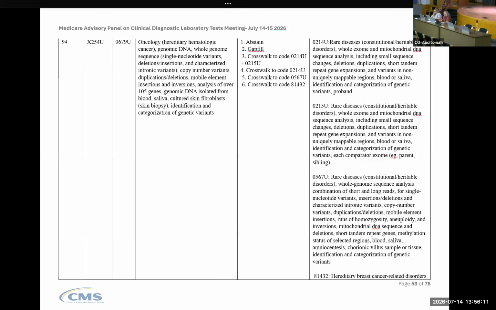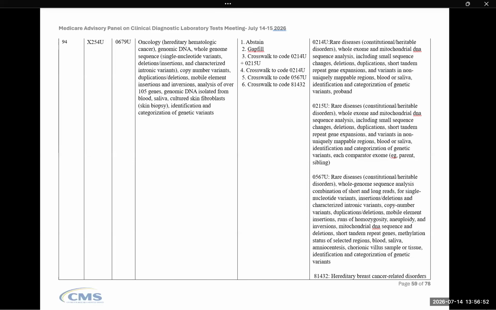Dr. Chappelle, what was the crosswalk suggestion that you said was missing? The one that I saw, I thought in this one was 0218U plus 81435. I think this submitted recommendation was 214 and 215, right? I think that might be correct. That's the next code. Sorry, I have them written in my notebook too closely together, and that could be the problem. I have like 3 different things up here, so I might have just read it off the wrong one. No worries. Yeah, I think that's the next code.